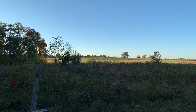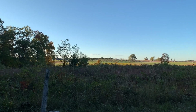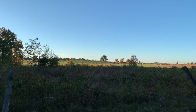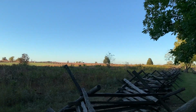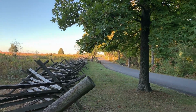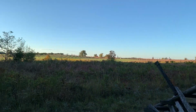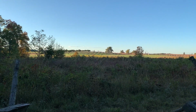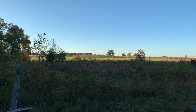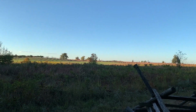And so from this vantage point, you would have seen those guys charging across and through the units defending in the peach orchard, and then sweeping. I think some of them peeled off across this open field towards this line here to cross the road and head into the woods here on this Stony Hill and into the wheat field. I forget which units peeled off where, but I know some would have gone perpendicular to here across the Peach Orchard Ridge and up the Emmitsburg Road line,